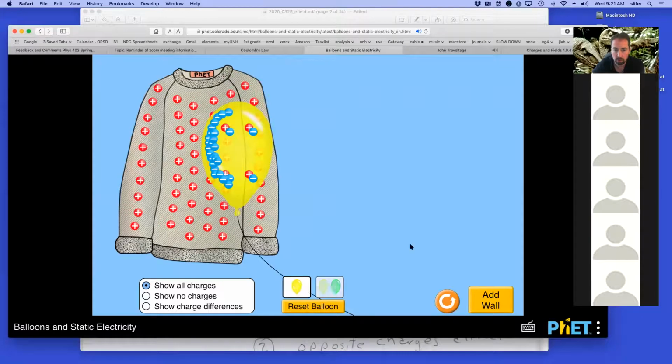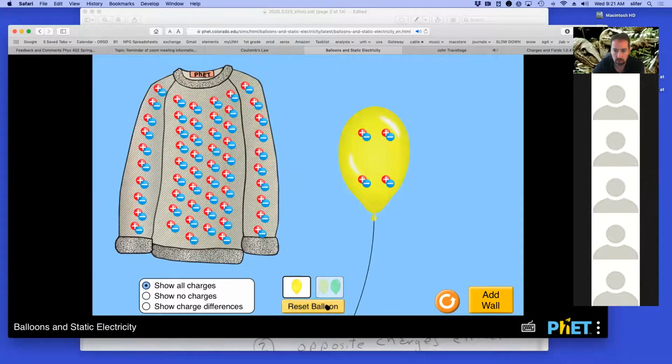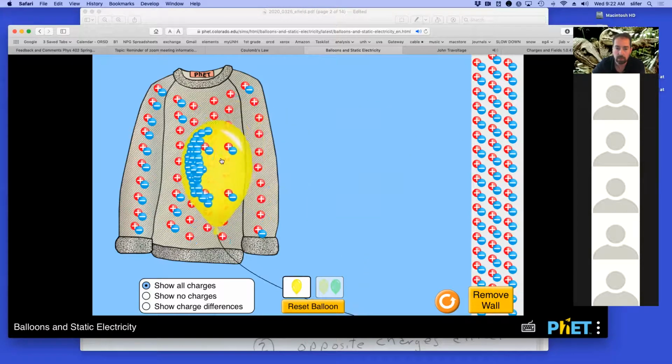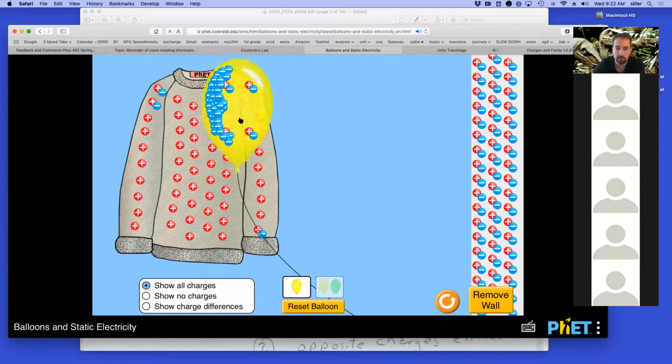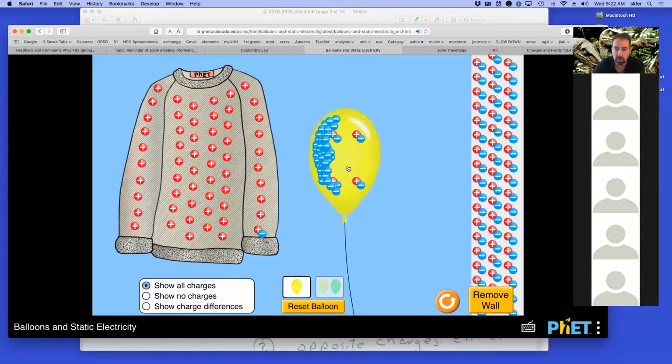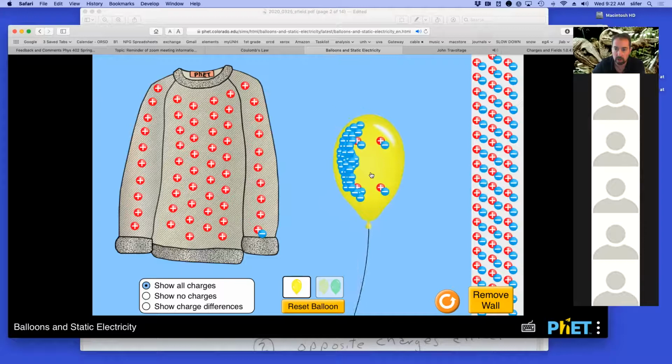The last bit that I want to try to show with this demo is if I have a wall here, and I'm not going to remove any electrons from this wall. It's a charge balanced wall. There's as many positive and negative charges on the wall. But let me charge up my balloon, get it very negative here so that it has a lot of negative charge. And as I bring this negative charge over to the wall, this is grossly exaggerated from what's happening, but